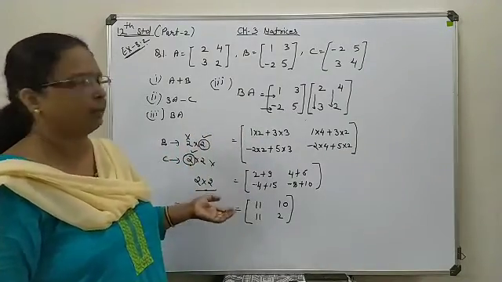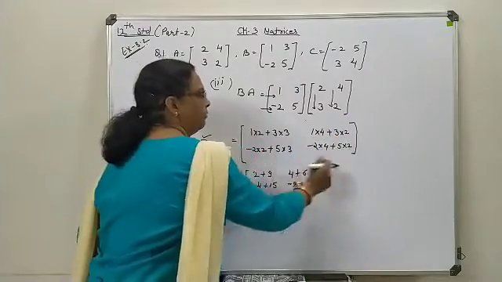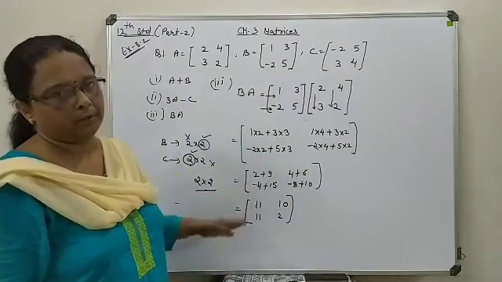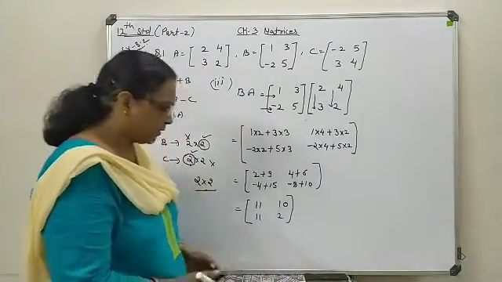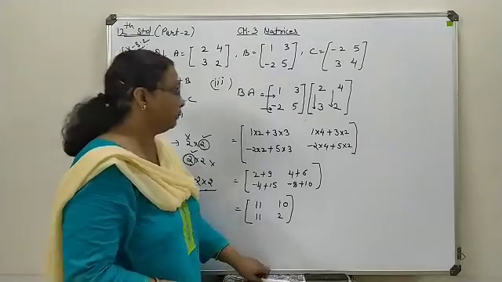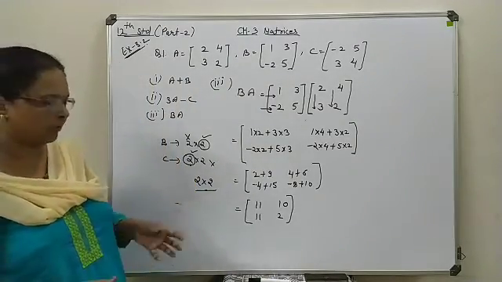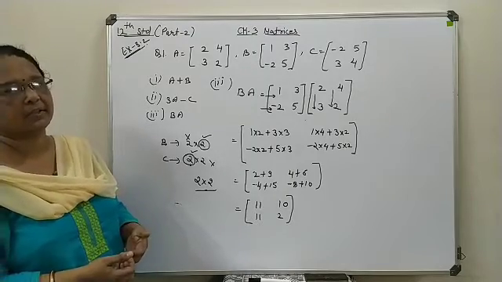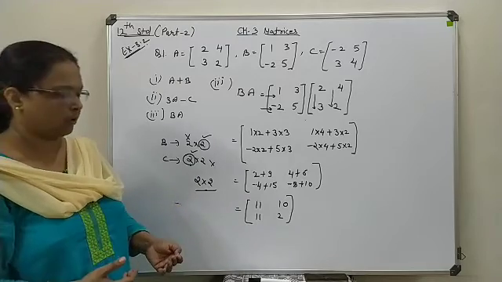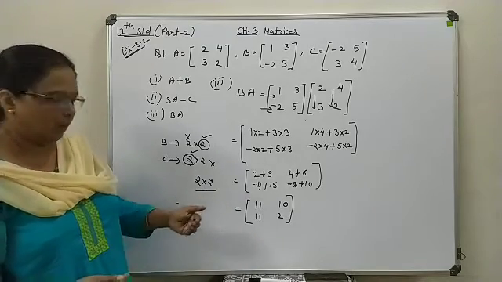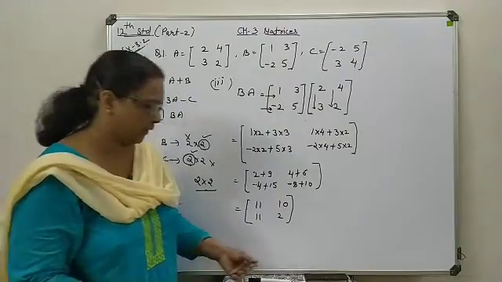If we are dealing with 3 by 3, one more element here and here, meaning one more column and one more row will be introduced. Otherwise the method will remain the same. Now further we discuss some questions having multiplication of matrices with different combinations. So you will be very clear how to handle the situation if the combinations are changed and your matrices are not square ones. So look at some different situations in which we are going to perform the multiplication.